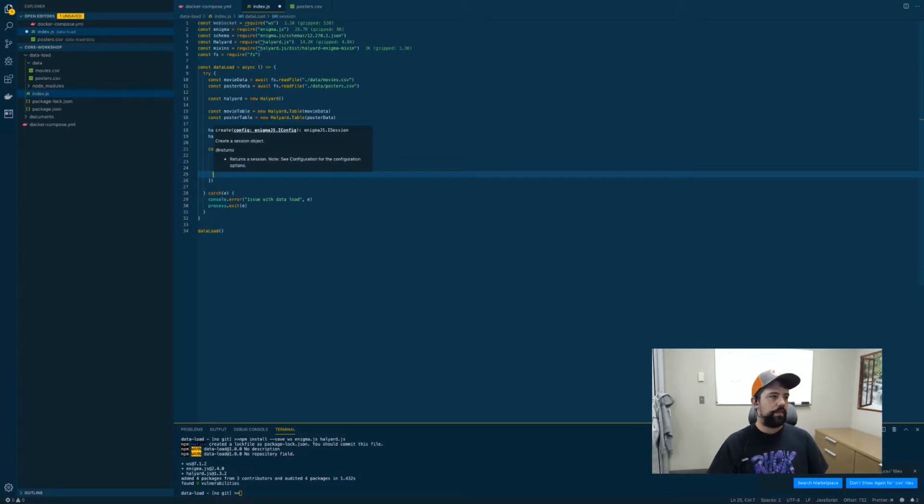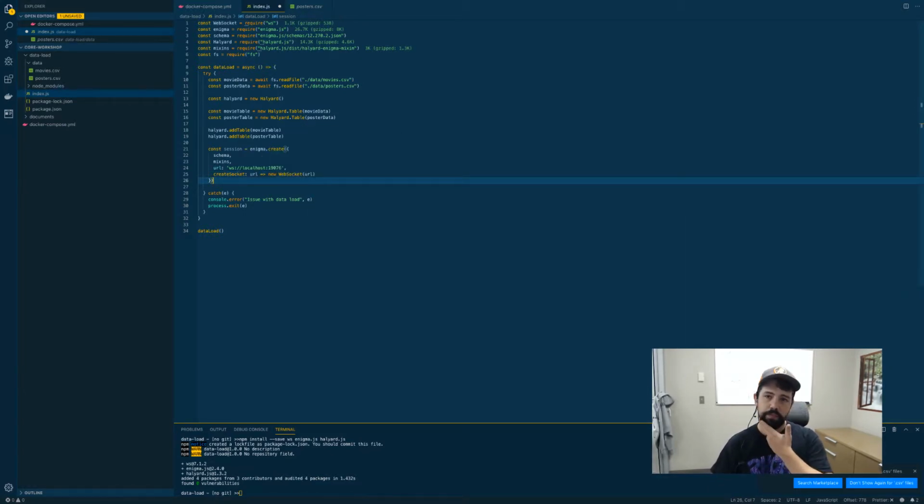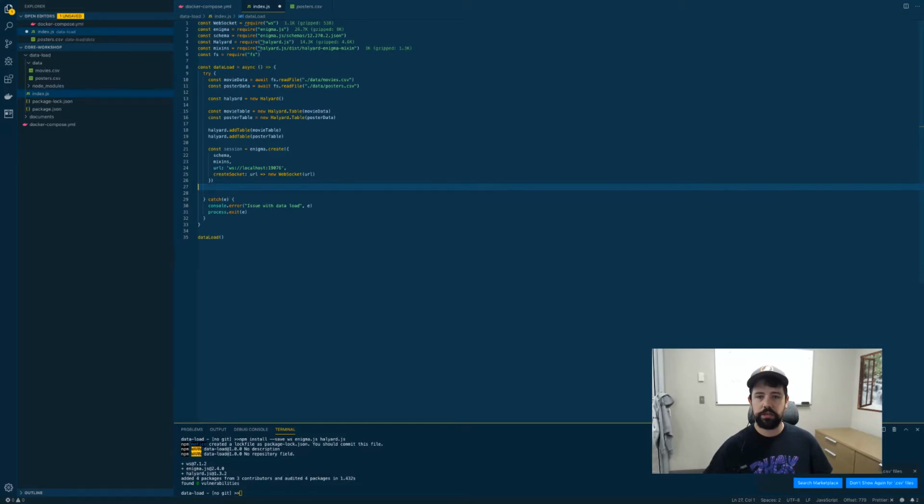19076. And then the last thing we need to do is pass in a create socket function. And this is a function that Enigma.js is going to use when opening up the connection. So that's why we actually imported the WebSocket library before. So what we're saying here is this create socket function is going to return a new WebSocket based on the URL that's passed in. So this is how we create a session in Enigma.js. We have to pass in the schema of the engine that we're connecting to, any mixins that we might want, where we're actually connecting to, and how we're creating the socket in order to